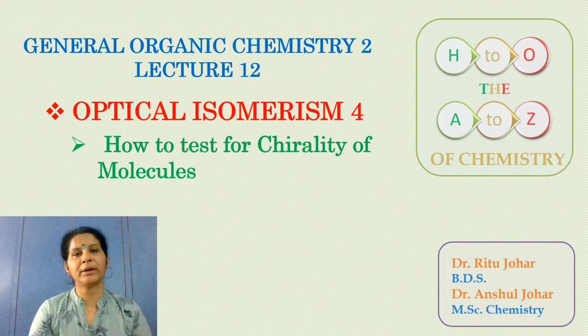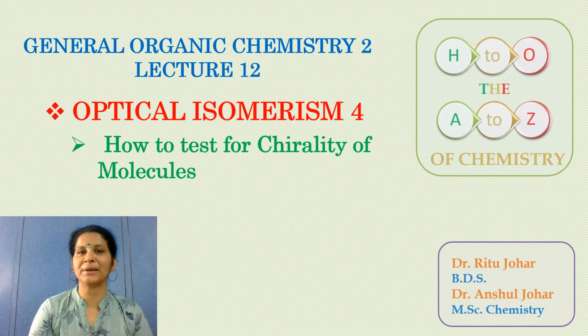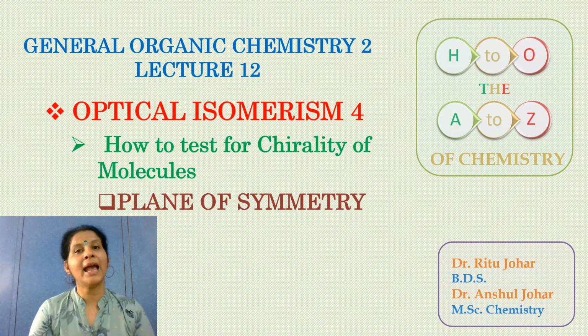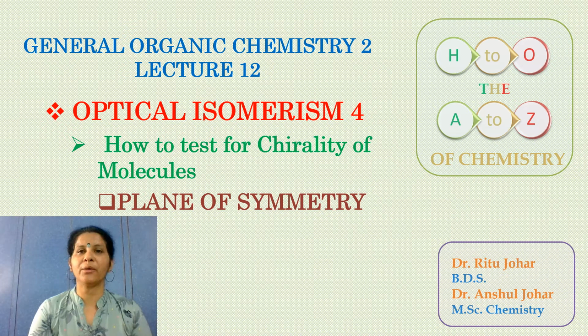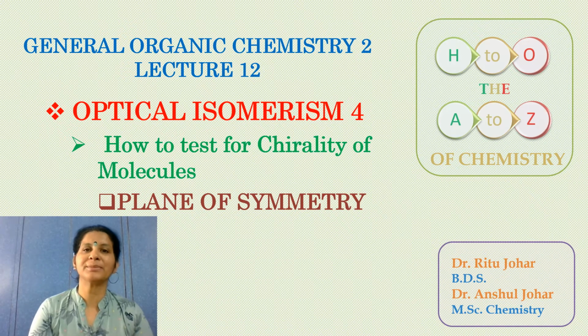We will be putting up 2 lectures on elements of symmetry because there are 4 elements that you will be learning. We are going to discuss only one of them in this lecture, and that is the plane of symmetry, and the remaining 3 elements we will take up in the next lecture. It is again a very important discussion which you should not miss. You should watch it from the start to the very end. So let us begin the learning.